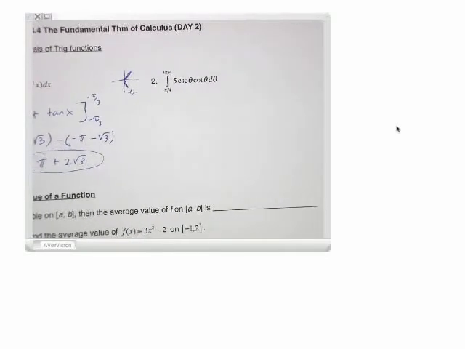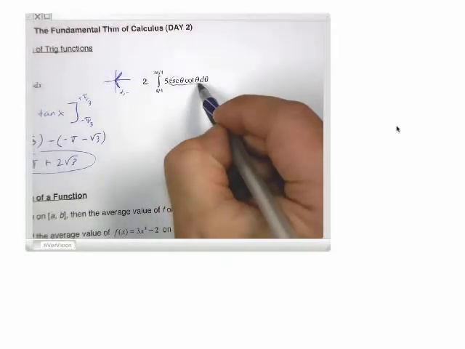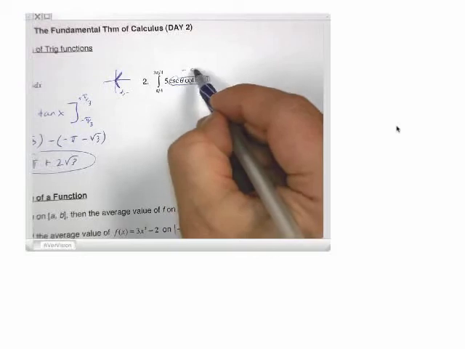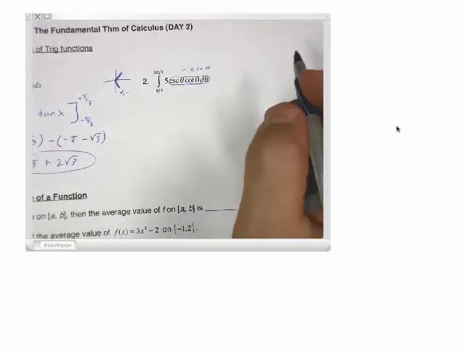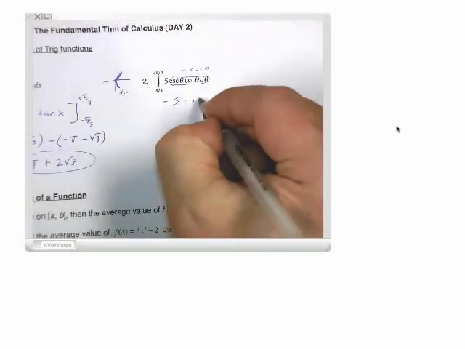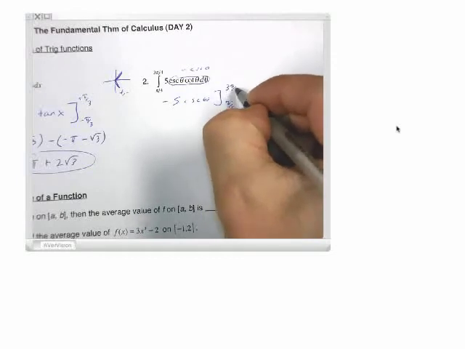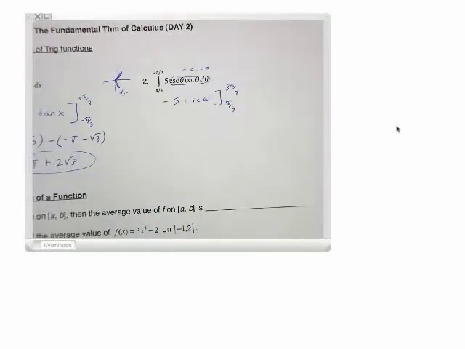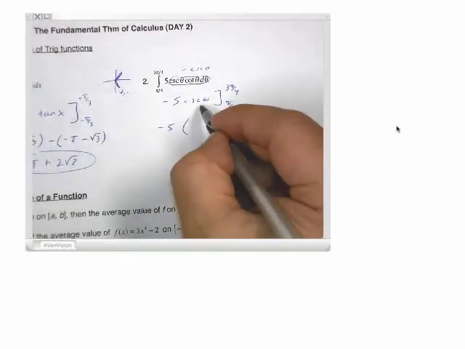Okay, here we have cosecant times cotangent. Okay, we know the antiderivative of that is negative cosecant theta. Excuse me. All right, so the integral of that is negative 5 cosecant theta from pi over 4 to 3 pi over 4. All right, I'll just take the negative 5 out, and I'll just plug in 3 pi